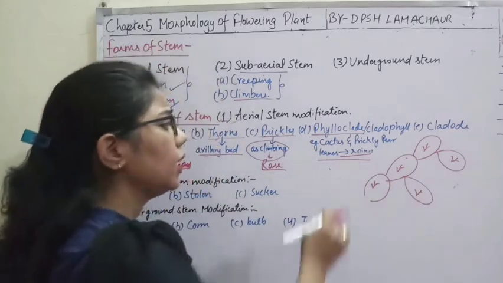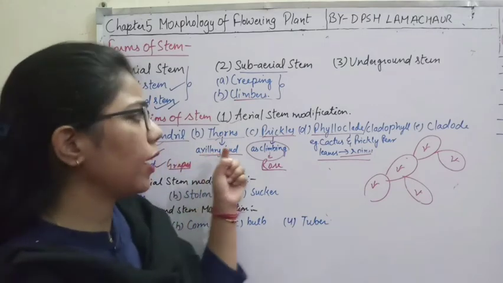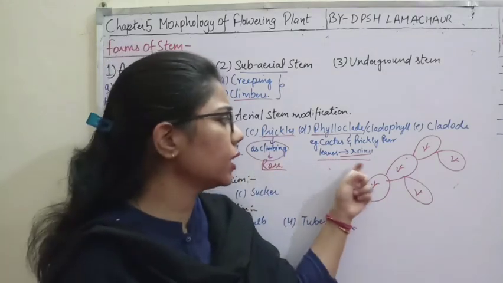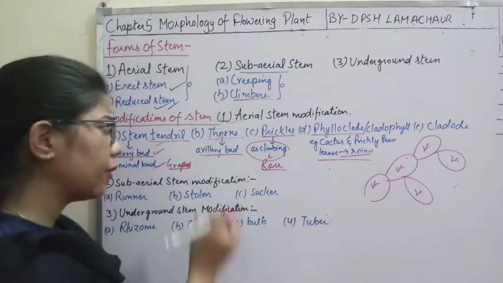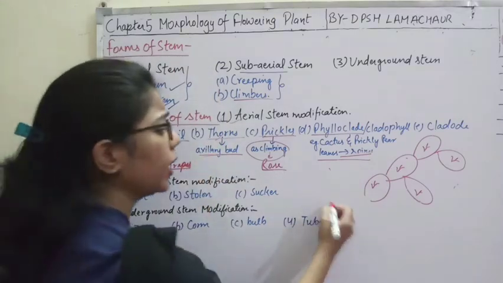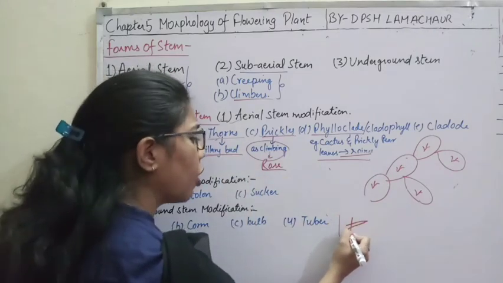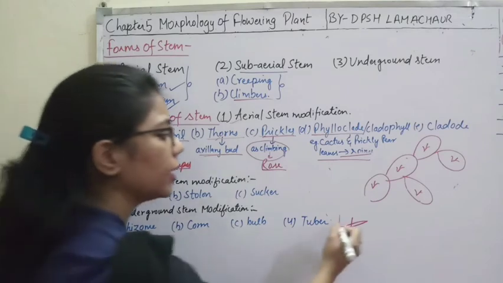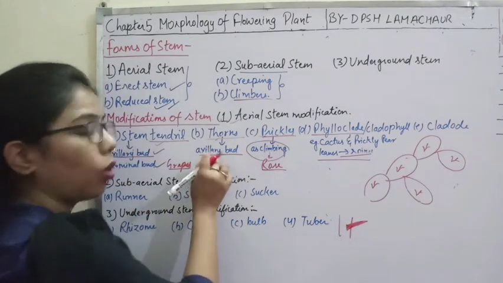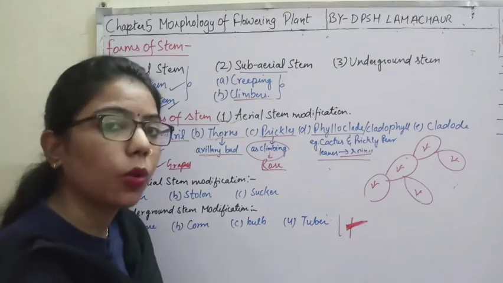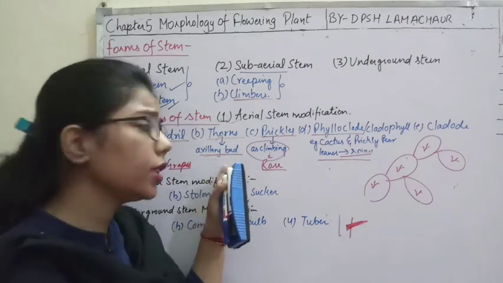Okay, and so now if you compare, we have done thorns, we have done prickles, we have done these spines. So what is the difference between these three? If you talk about the thorns, okay, this is a stem, so these thorns are coming from internally. Okay, these are coming from internally, so we can say that thorns are endogenously originated.